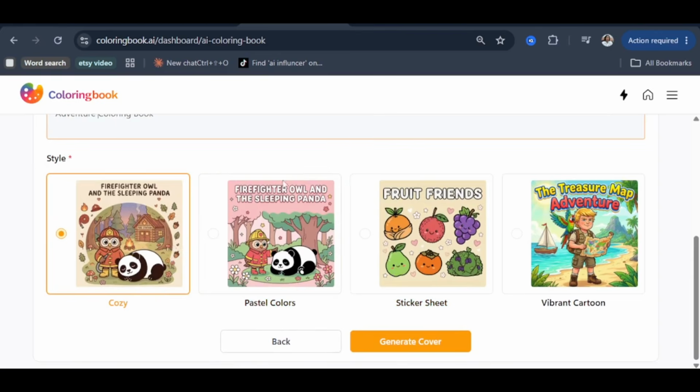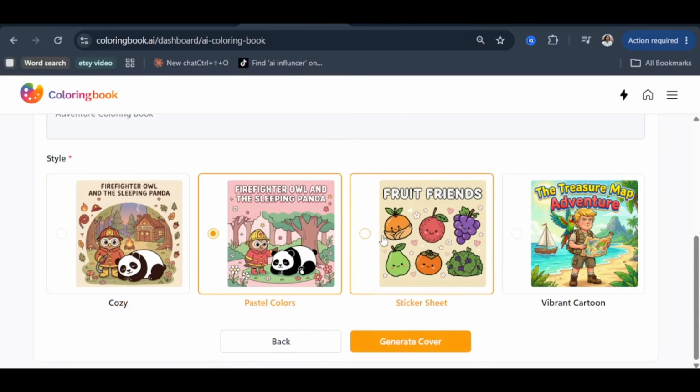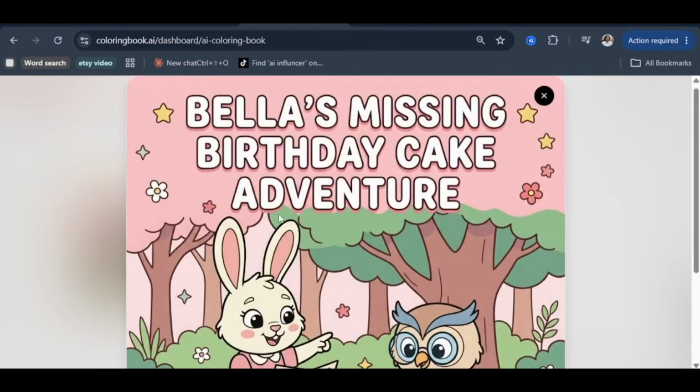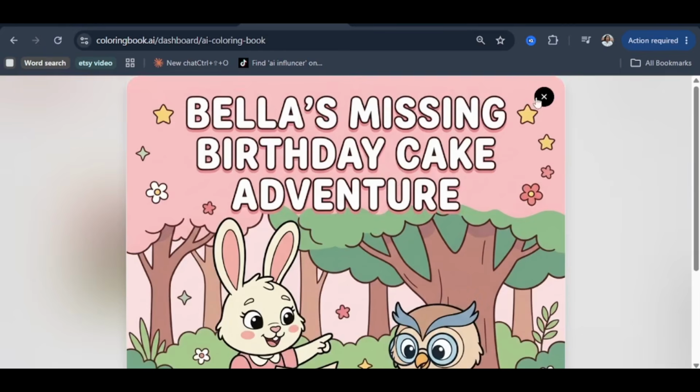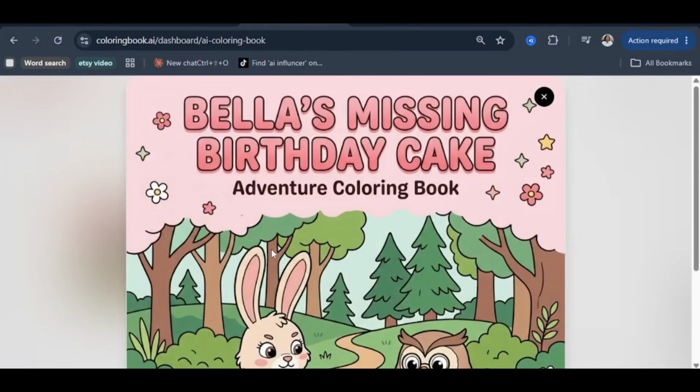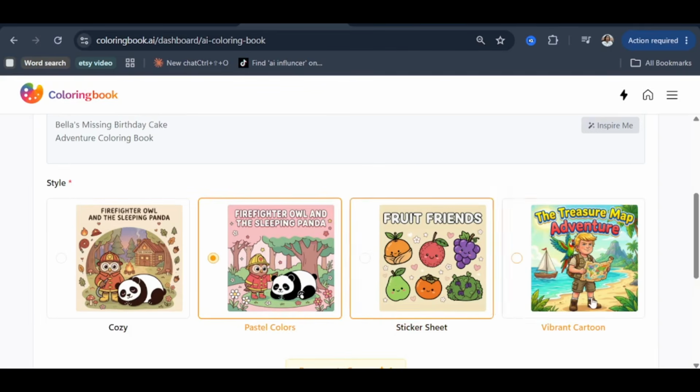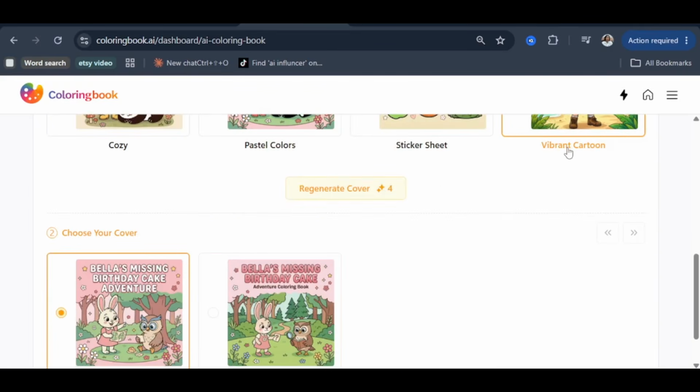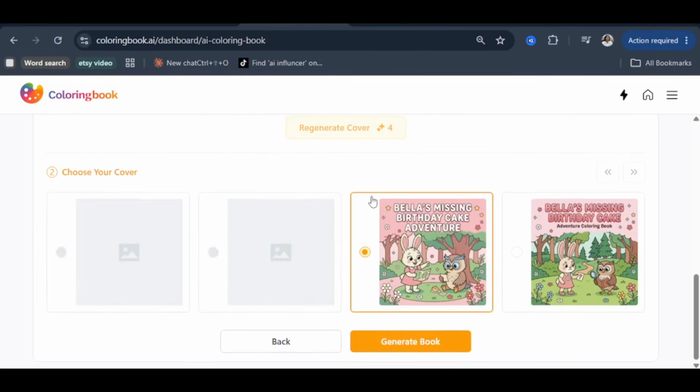We can either choose cozy, pastel colors, fruit friends, or vibrant cartoon. So I'll choose the pastel colors and I'll hit generate cover. So we have these two here. This is one here, and this is another one as well. This is good. However, I can also decide to see what the vibrant cartoon would generate in terms of cover